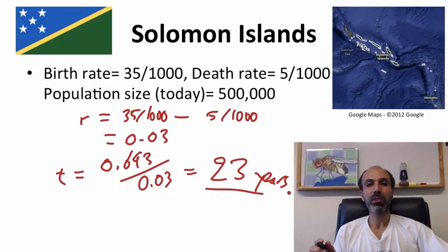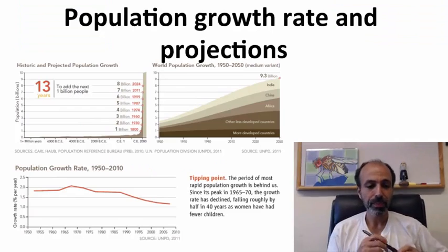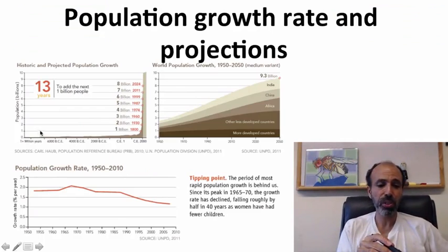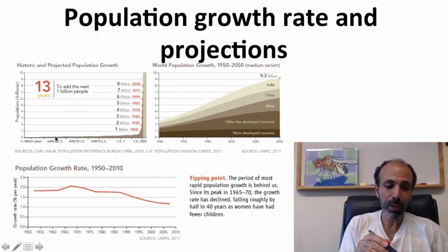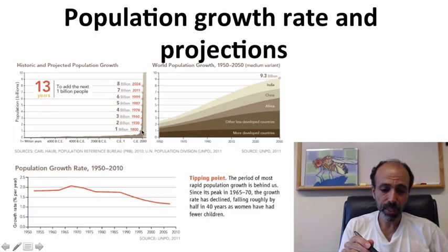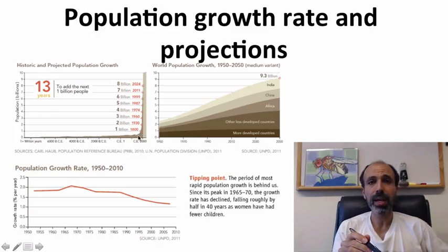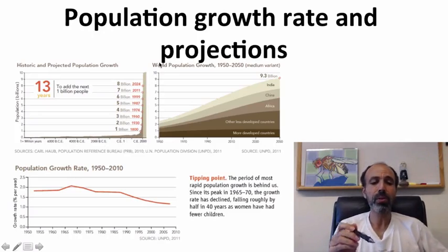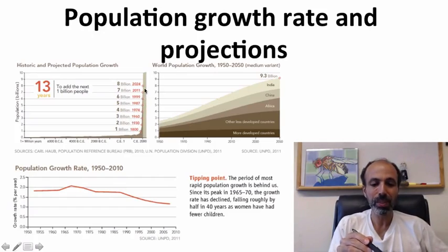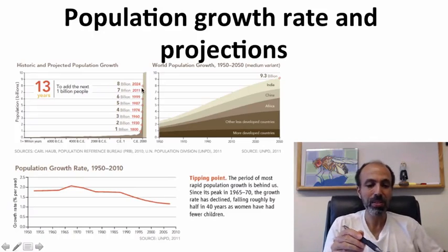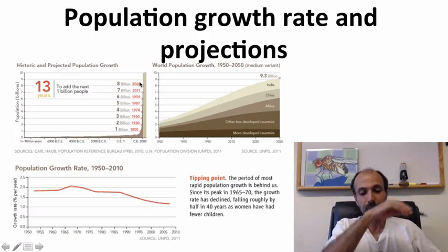Well, we've seen a lot of population growth throughout the world, and I'll show you some pictures from a recent article in Science. This first figure shows historic and projected future population growth. You notice that the world population was very low, and we start seeing, very recently, just in the last couple of hundred years, this dramatic increase in numbers of individuals. So we hit 1 billion in the year 1800, 3 billion in 1960, 4 billion in 1974, 5 billion in 1987, 6 billion in 1999, 7 billion in 2011, and it's projected we'll hit 8 billion by around